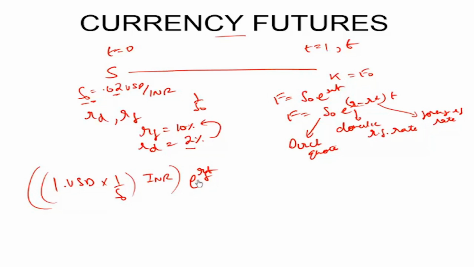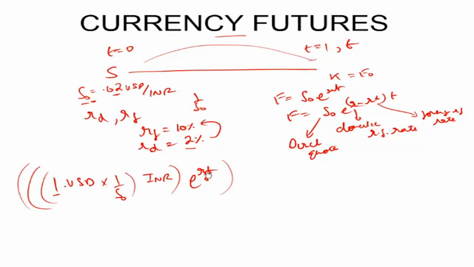However, the arbitrage is not complete until I repatriate the money back and pay off this $1 borrowing that I did at 2%. Now, the risk-free rate is known to me. The exchange rate today is known to me. This money that will come to me T years later in INR is also known to me because I can calculate. So today itself, I can enter a forward contract to convert this much INR into US dollar.